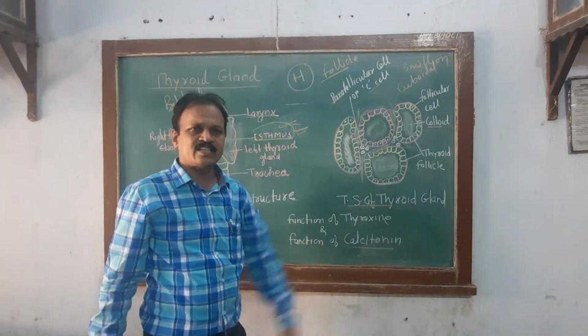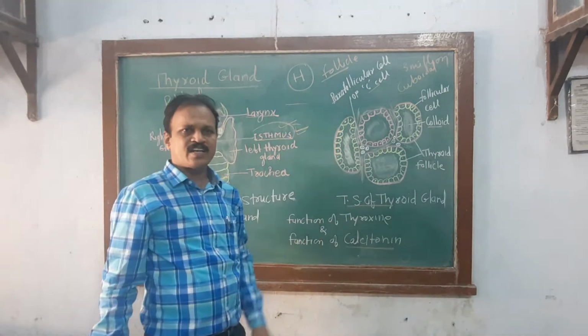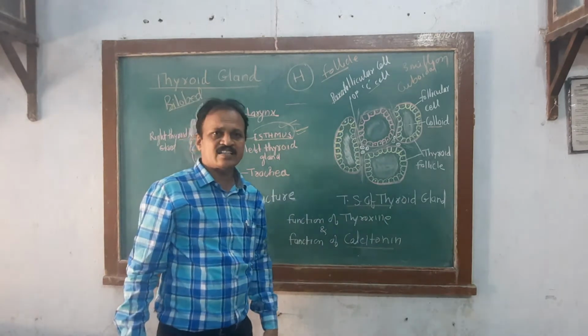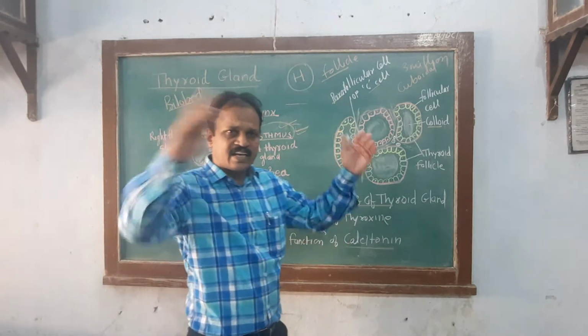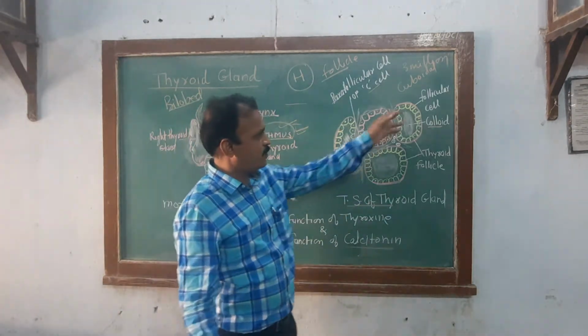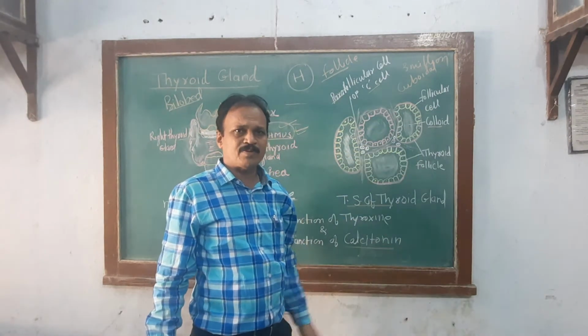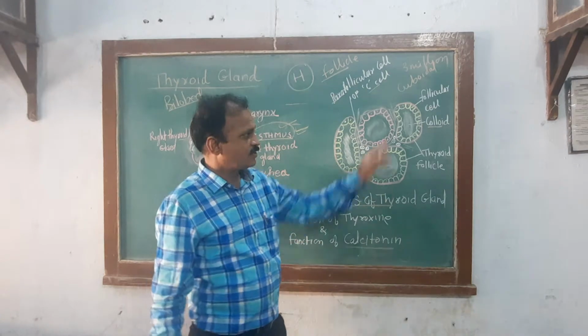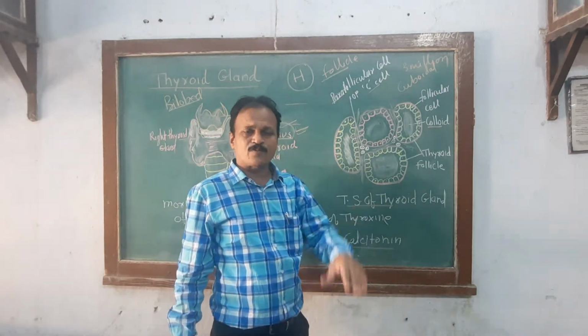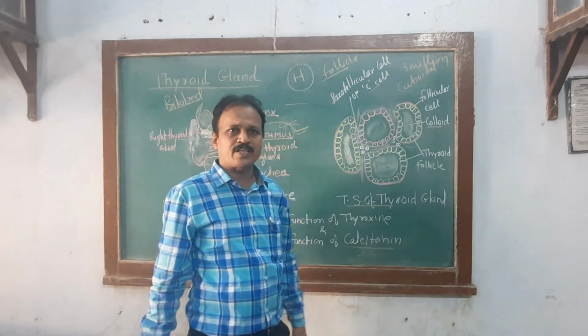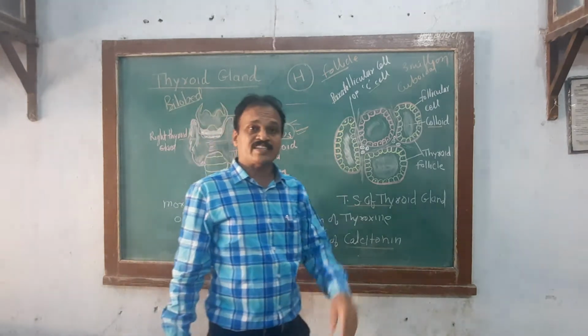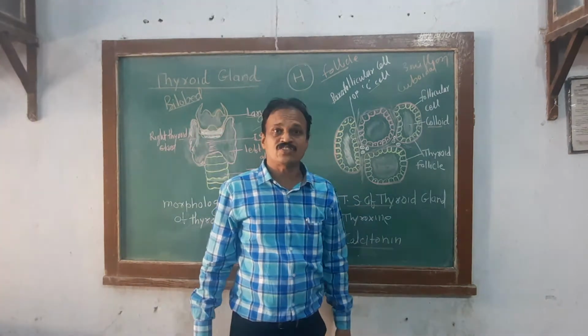We have also seen the internal structure, the tissue of the thyroid gland. Inside the thyroid gland there are a number of follicles, variable in size. Each follicle is lined by cuboidal epithelium lying on the basement membrane. They have secretory function. The cell has a nucleus, cytoplasm, Golgi bodies, endoplasmic reticulum and many mitochondria. They synthesize the thyroxine.